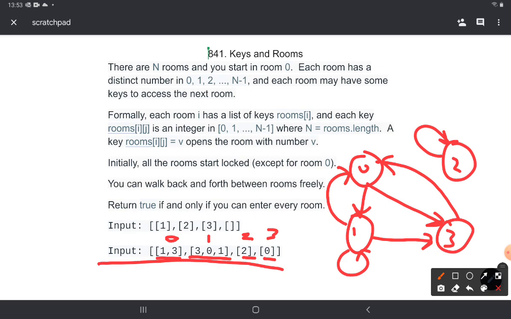So we can use a graph traversal technique like BFS, wherein we take a queue and start from the 0th node and start traversing the neighbors and putting them in the queue. Also, whenever we enter an element in the queue, we also put it in the visited set so that we do not visit the same node again. At the end we can check whether the size of this set is equal to the number of nodes in the graph. If it is, then it signifies that while doing the BFS we were able to visit all the nodes.